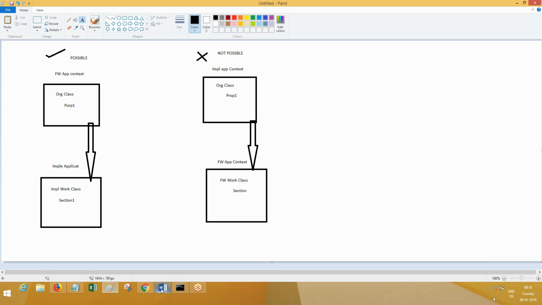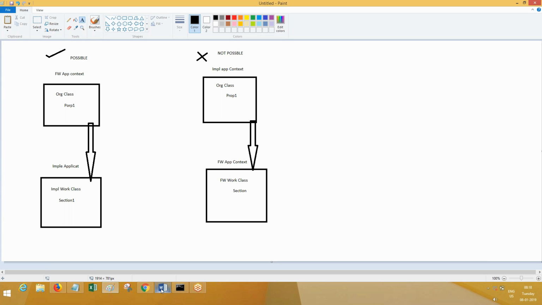No. The rules which are organization class plus implementation application context only will be coming into the package. In organization class I have 10 rules. Let's say 5 rules are framework application, 5 rules are implementation application. If I am packaging the implementation application, how many rules will I get? Only the 5 which belong to the implementation application. Framework application will not come. This is during packaging, just for your information.